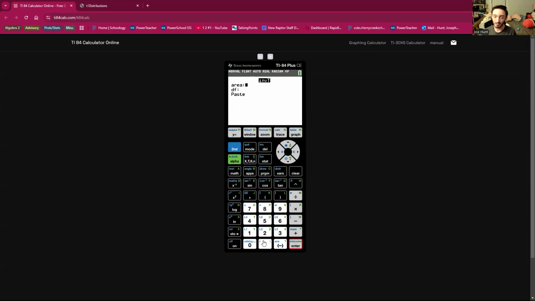Now, 5% is the decimal 0.05. My degrees of freedom here are 20. All I've got to do is just let the calculator paste it in the main screen, and I got my T-score there. It doesn't matter if it's positive or negative because we're really going to need both of them. I'm going to see here that my T-score is approximately 1.725 roughly. I'll round that maybe to 1.73. That'll work just fine, I think. So in this particular instance, I've got my T-score, got my sample average, I've got my standard deviation, I've got my sample size. So we've got everything that we need in order to wrap this problem up.